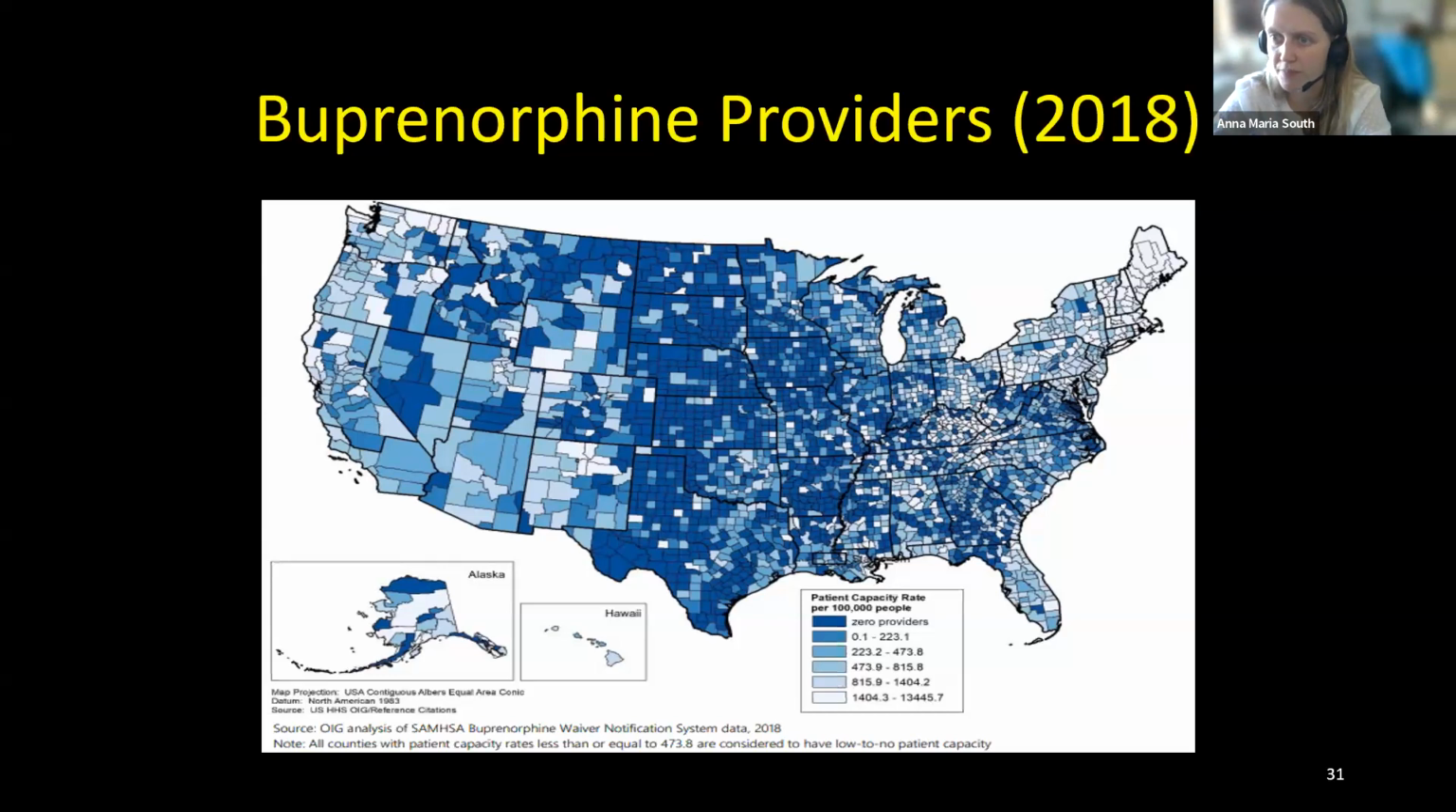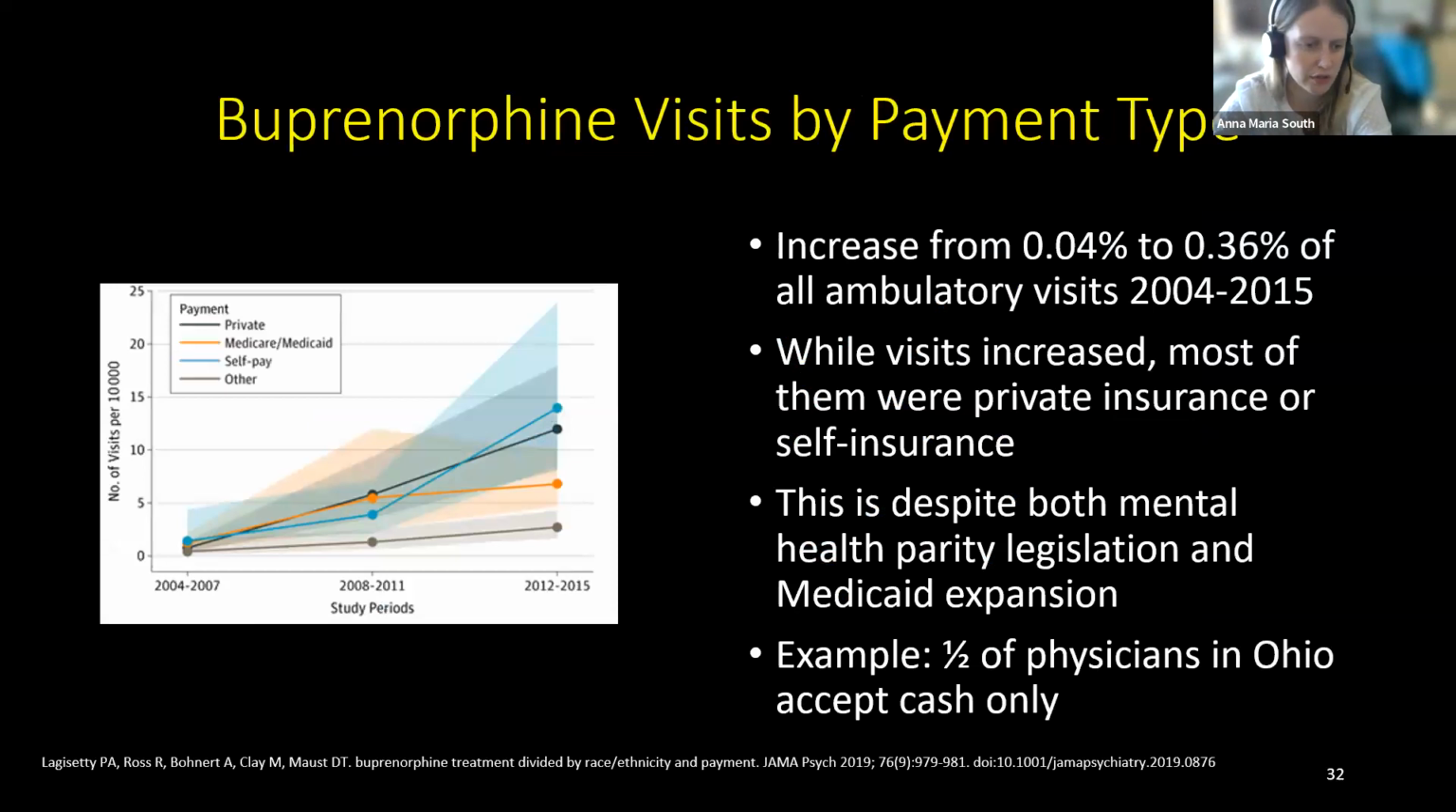Similarly, switching from geographics to socioeconomic backgrounds, this is a study out of JAMA Psychiatry from 2019 that looked at buprenorphine visits by payer type, and they looked at increases. As you can see, the big light blue line highlights that there was a large increase in prescribing of buprenorphine, but mostly in people that were self-pay. And that was despite both mental health parity legislation and Medicaid expansion effects. There were just a lot of providers and physicians out there that did not accept